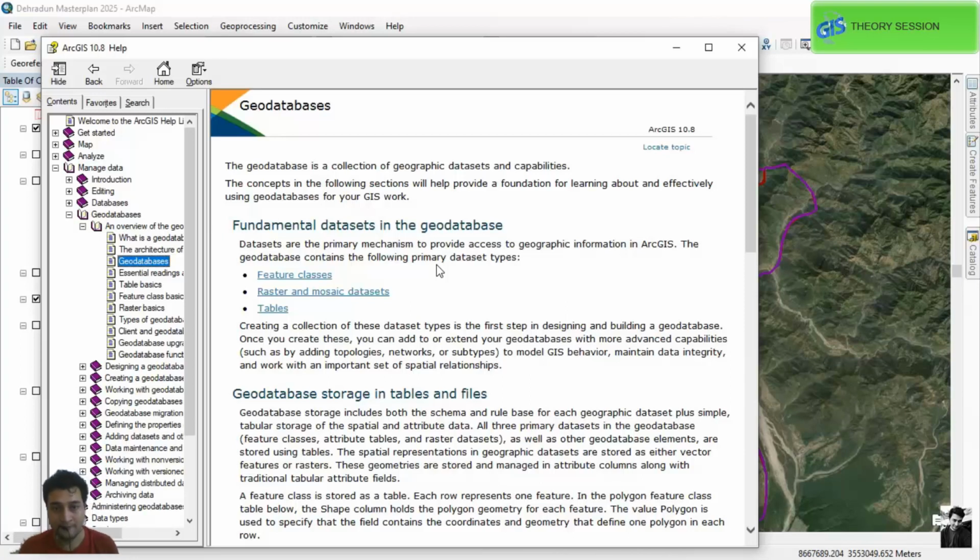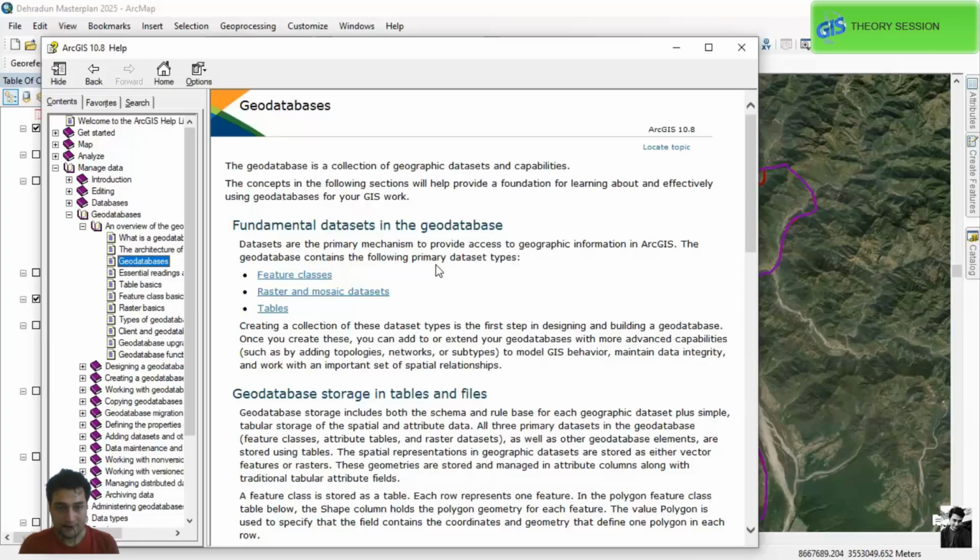So multiple kinds of feature information can be within a single database. A geodatabase is also used to rasterize data sets within ArcMap. We create a data set and then rasterize it so that we can get an output within ArcMap.